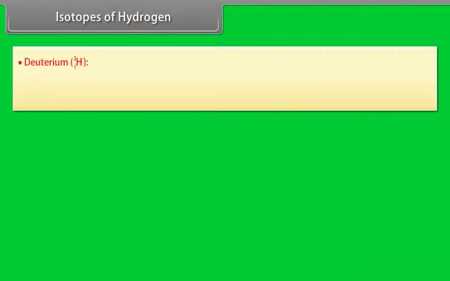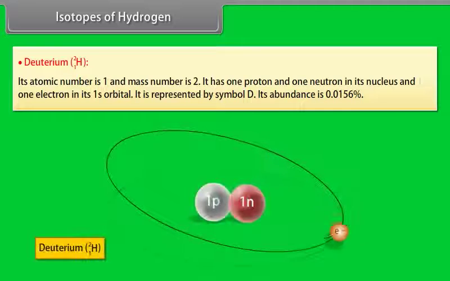99.985%. Deuterium. Its atomic number is 1 and mass number is 2. It has 1 proton and 1 neutron in its nucleus and 1 electron in its 1s orbital. It is represented by symbol D. Its abundance is